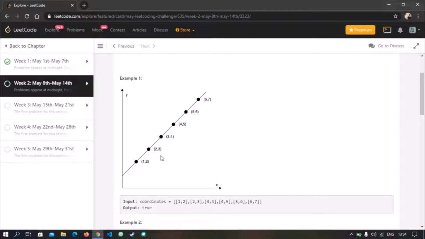So if (1, 2) and (2, 3) have a slope of, let's see what will be the slope, it will be 1. So the points (1, 2) and (2, 3) have slope 1, so (3, 4) is said to be collinear with the previous 2 points if its slope with either of the previous 2 points, either (1, 2) or (2, 3), has the same slope. So we check (3, 4) with (1, 2), the slope is again 1, so all of these 3 points are said to be collinear. Same we do with the last 3 points.